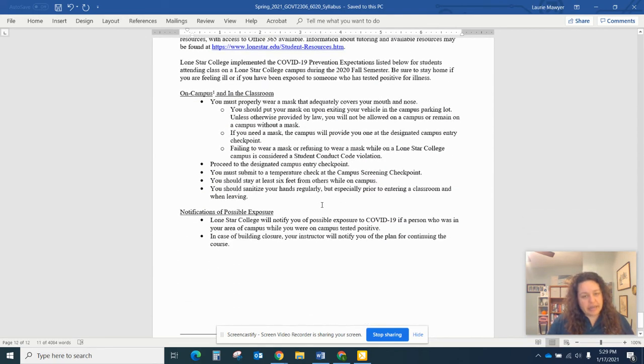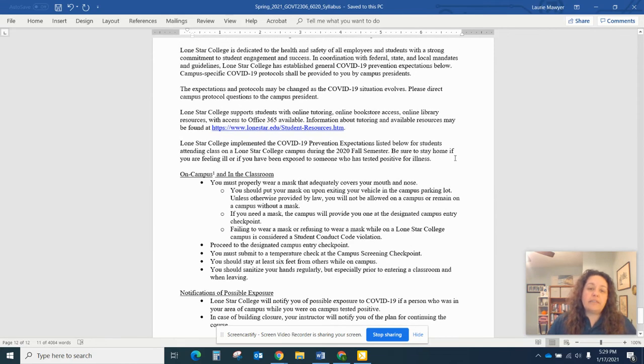It's an entire page. We're not face-to-face, and I'm not teaching face-to-face on campus at all this semester, so I don't expect COVID to be a huge thorn in our sides more than it already is when it comes to being able to fulfill my grading obligations to you. I don't know what you do or where you spend your time, so I can't say that about you, but I can say that for me and my family. But I will be very communicative with you in case anything does come up, so you will always know.